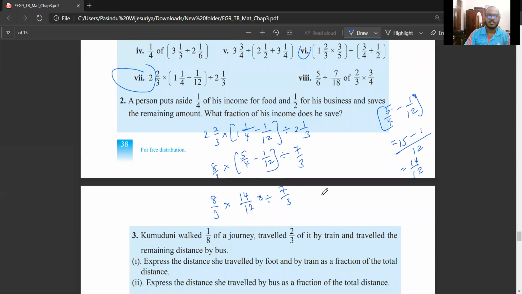Then you can take this as a reciprocal. Then 8/3 into 14/12 into 3/7 equals